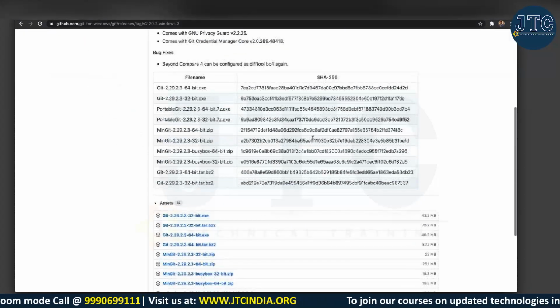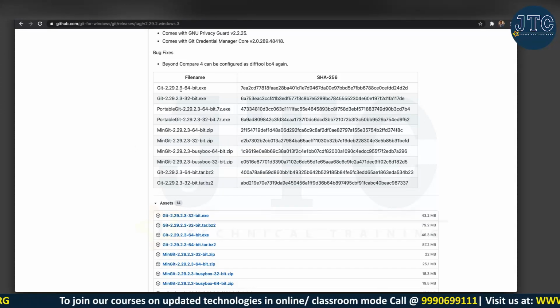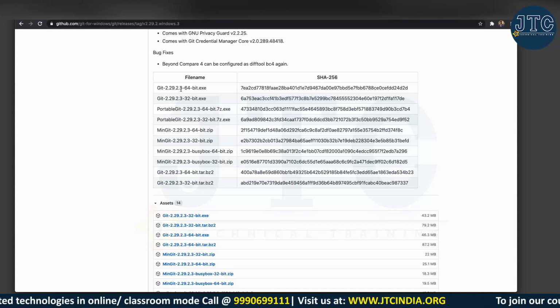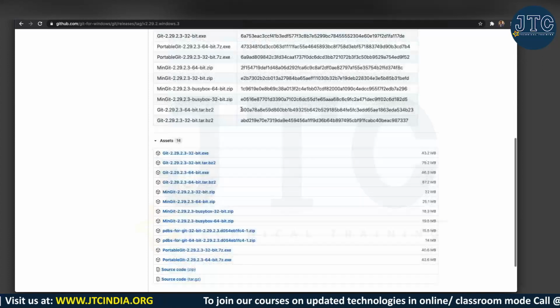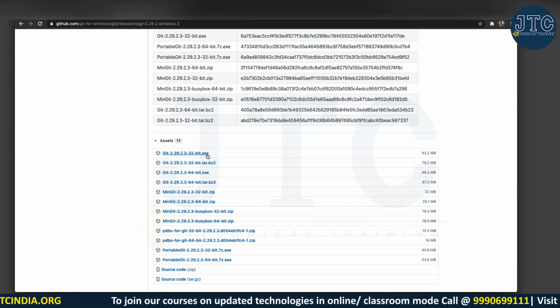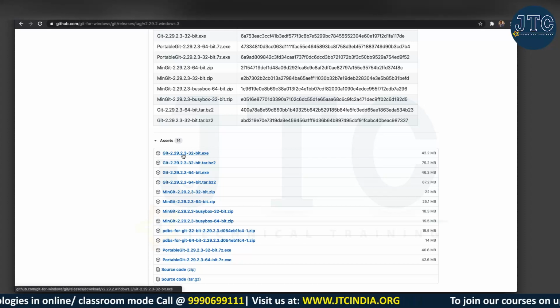Here you can see a few options are available. If it is a 64-bit operating system, we all know that we have different architectures, like 32-bit and 64-bit. So if it is 64-bit or 32-bit, you can use that. Exe is the extension to install that. It's very simple, like your normal application.